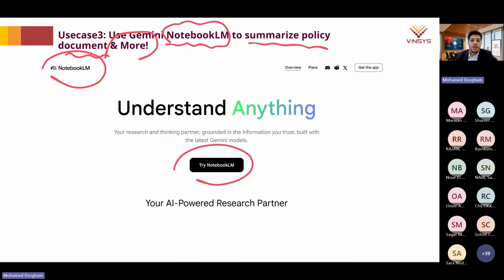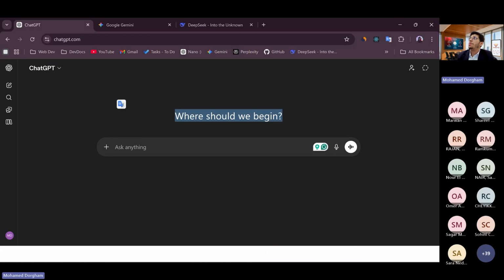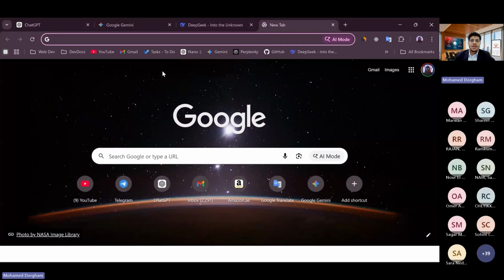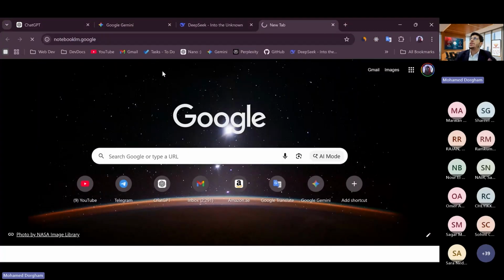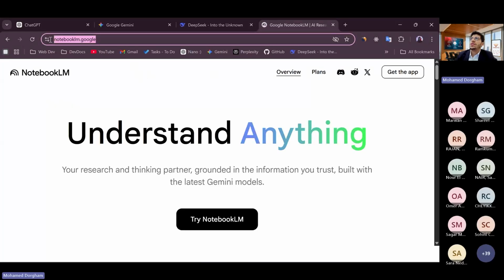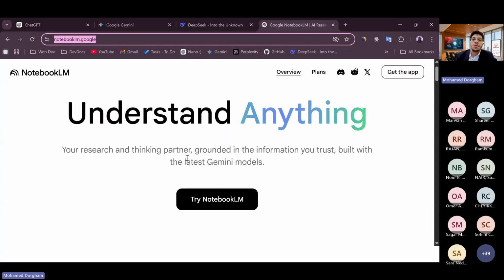So let's see the following. Let's go ahead and open Gemini. Actually, I'm not going to open Gemini itself. Notebook LM has another domain that you can visit. Here I got it. So in very simple terms, what is Notebook LM? It's another AI tool from Google that is really effective when it comes to document analysis.